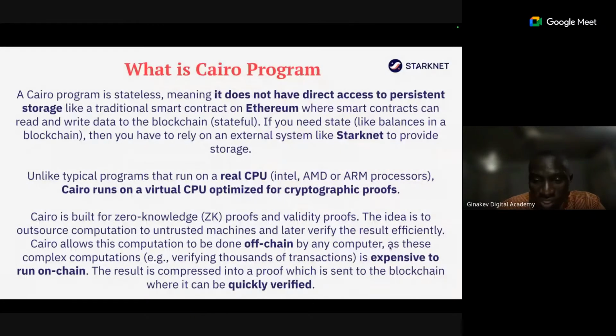All right. So once you do the computation, what you just need to do is compile all those computations as a proof and send it on chain. All those computations you did on your computer, Cairo combines them, compresses them as one single computation, and sends it to the blockchain. Now what the blockchain needs to do is just verify what you have done on your computer, whether it is correct or not,